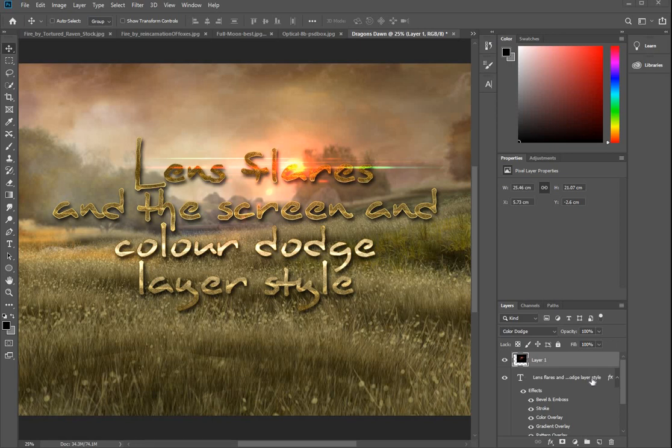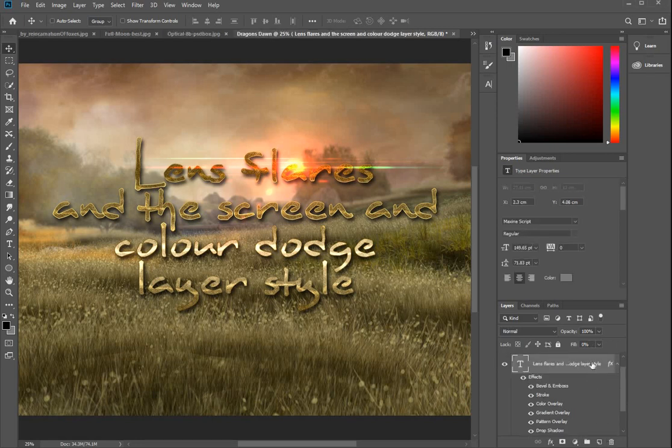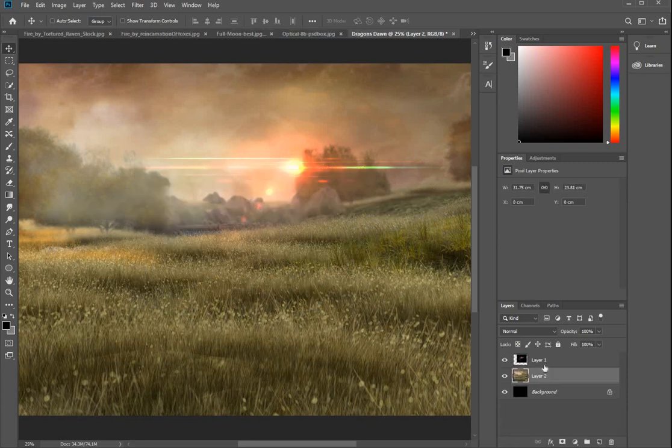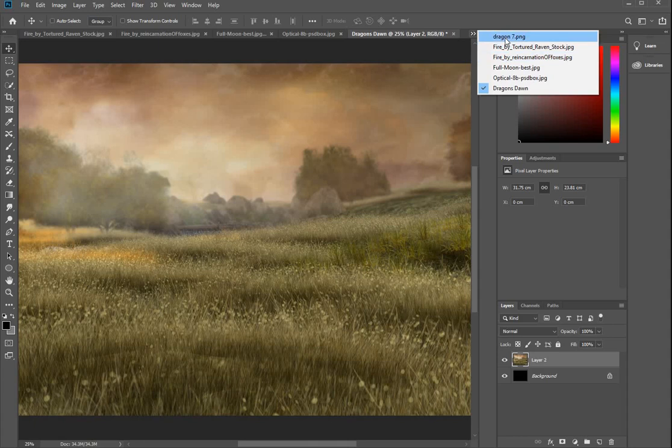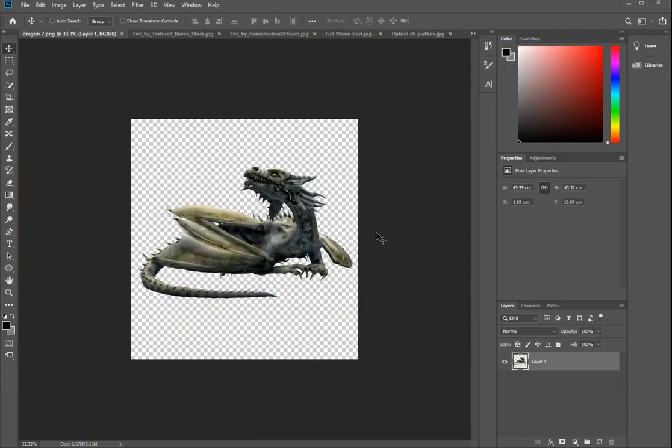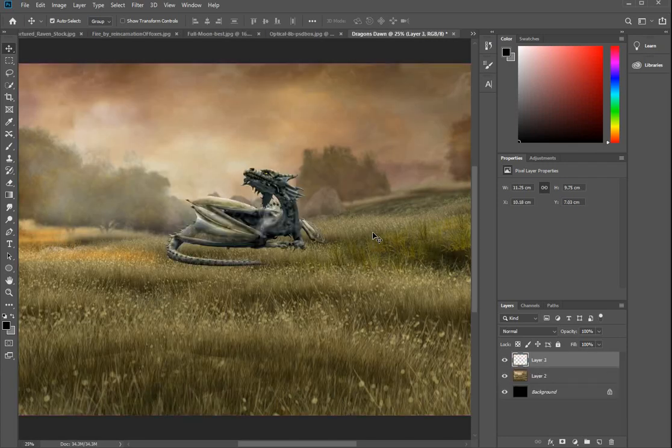Okay, so let's start. Let's get rid of this text that I've got here. I'll just drag that off to the bin, and there's the lens flare. Don't need that at the moment, so I'll drag that off as well. This is the background that I created a few weeks ago, and made the sky in the background. I've done that previously, but I'll use that, and then I'm going to use a dragon that I downloaded from DeviantArt. So where is it? There it is. I'm going to select this and bring it in. Control A to select, Control C to copy, Control W closes that, and if I go Control V, it'll just paste it straight into